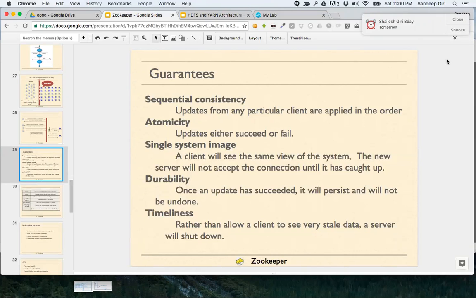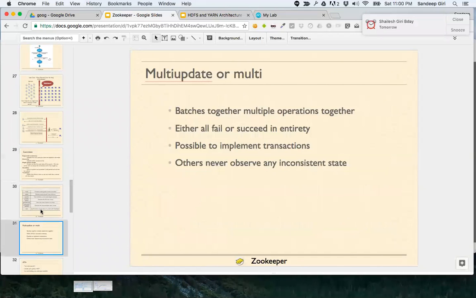Instead, they exited. If one of the machines is really old and isolated, it would rather shut down than give a response. That's kind of suicide. Rather than serving stale data, it will choose to give an error. That's a very important aspect.